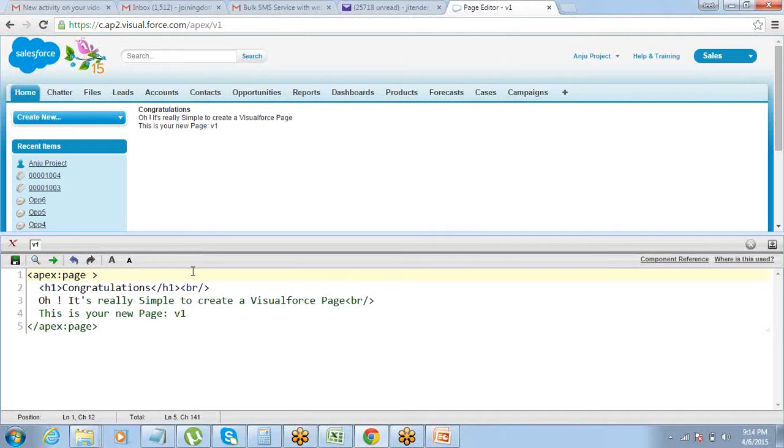The next thing that I'm going to start talking about is the different types of controllers. Now, I've told you that controller is basically the set of instructions, right? So there are different types of controllers. What type of controllers can be brought into the page? That is what we are going to understand now. What are the different types of controllers which can be used on a Visualforce page? That is what we are going to look into. All right. So let me go back to my slideshow again.